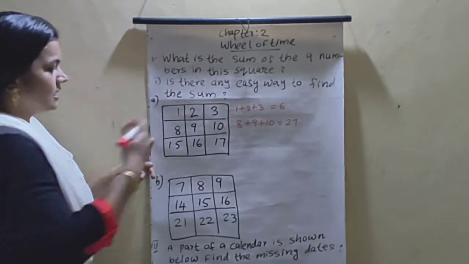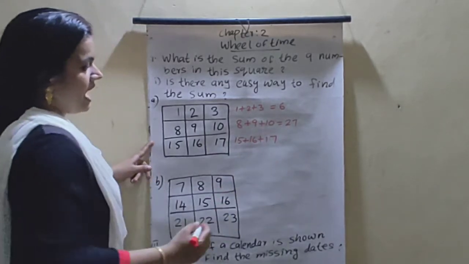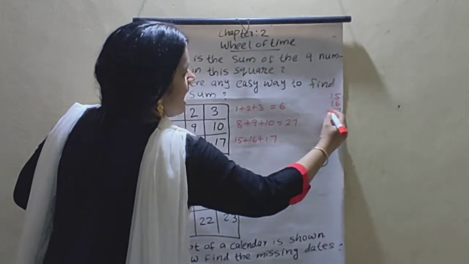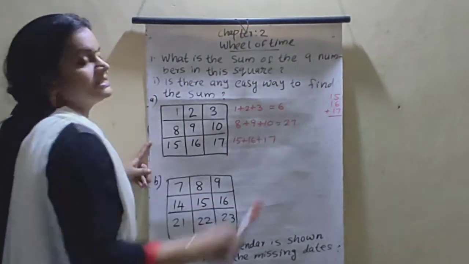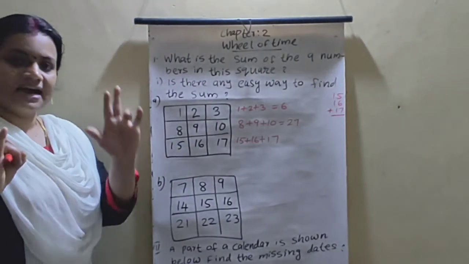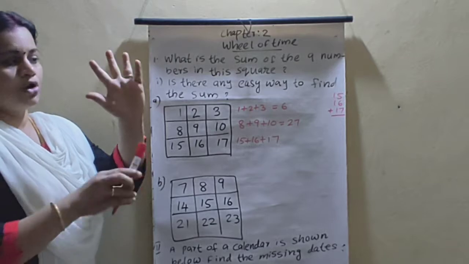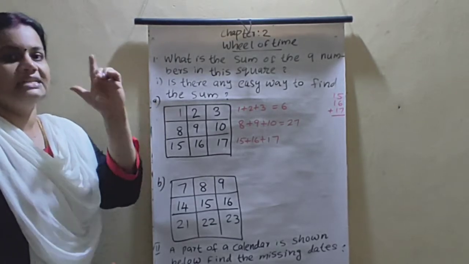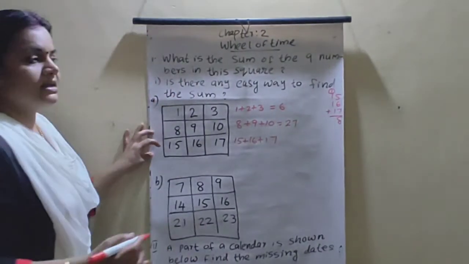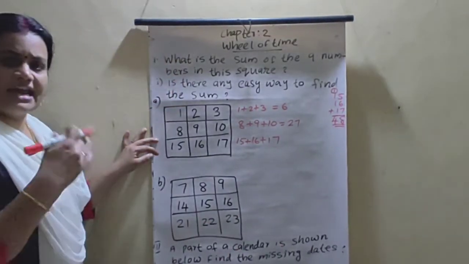27. Understood? Then add these 3 numbers: 15 plus 16 plus 17. 7 plus 6, what is the answer? Take your 6 fingers and count after 7: 8, 9, 10, 11, 12, 13. 13 plus 5: 14, 15, 16, 17, 18. Then 8 is right here and 1 is the carry over. Then 1 plus 1 plus 1 is 3, and the answer is 48.